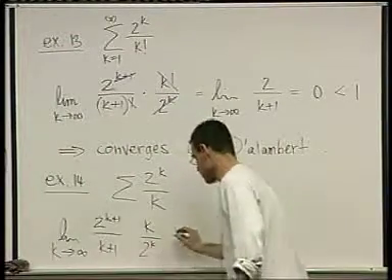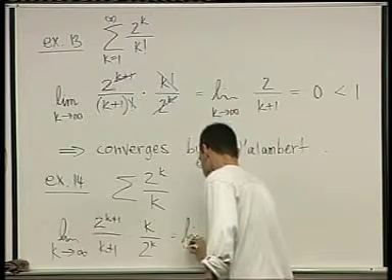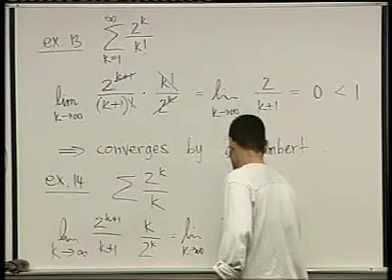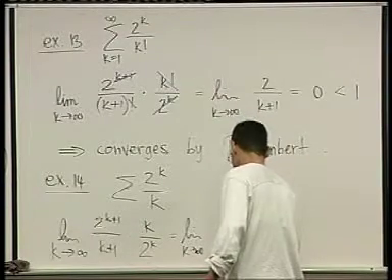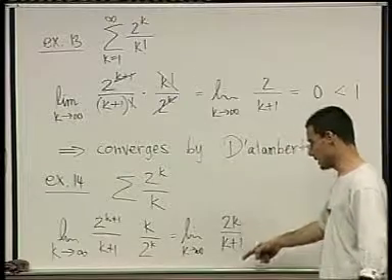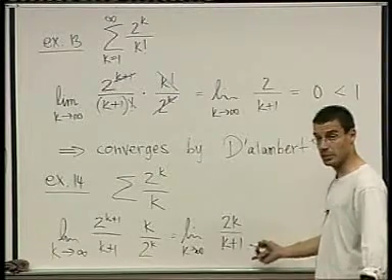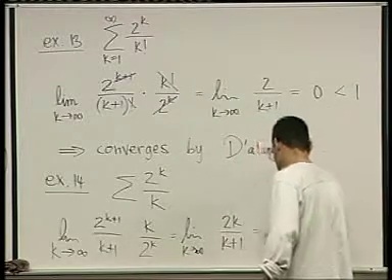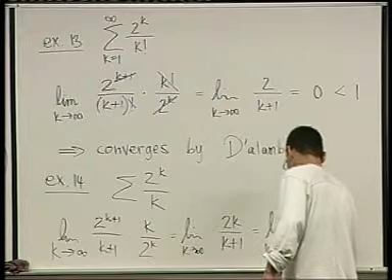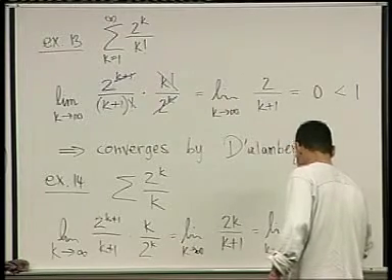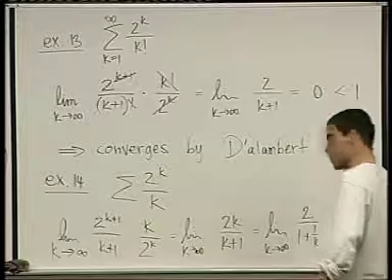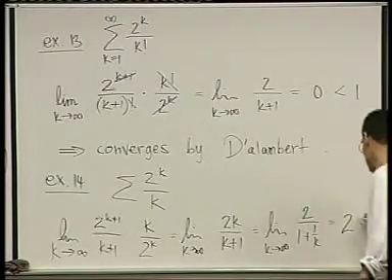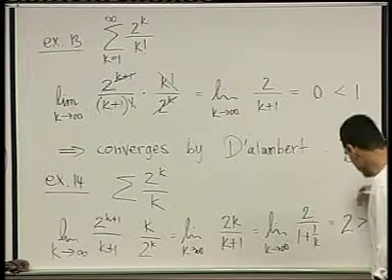These cancel, leaving just a 2, so I get the limit of what? 2k over k plus 1. Dividing top and bottom by k, I get limit k goes to infinity, 2 over 1 plus 1 over k. And what's the limit? 2. What's the property of 2 I care about right now? Greater than 1. Therefore,